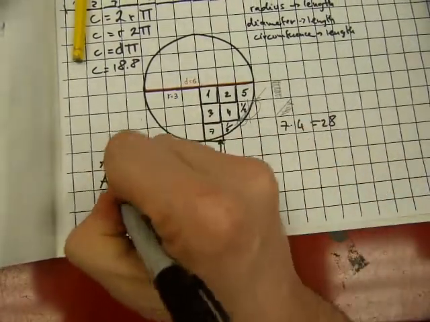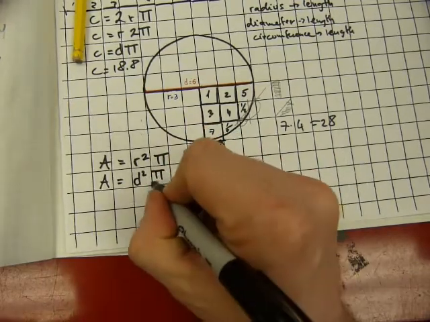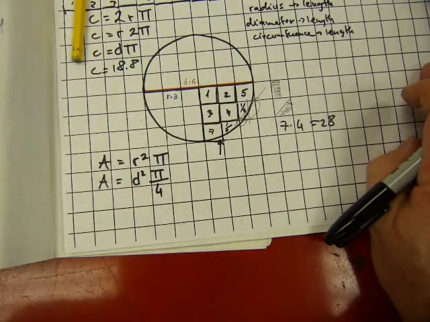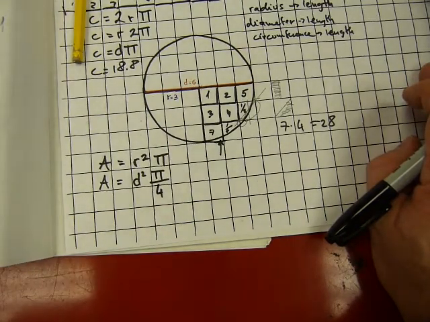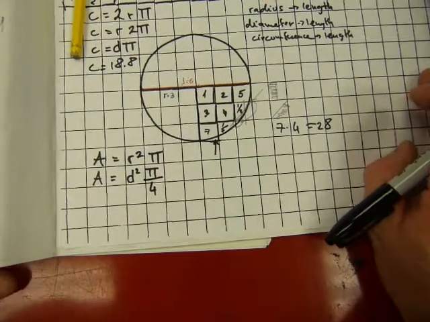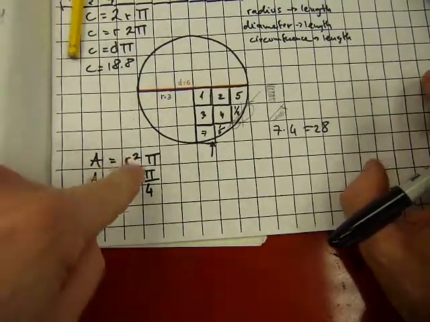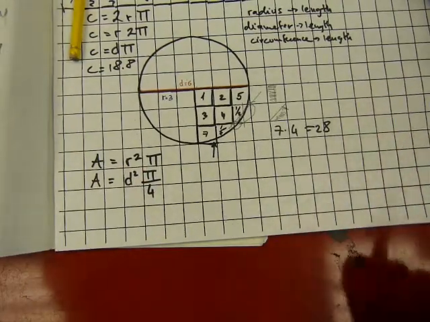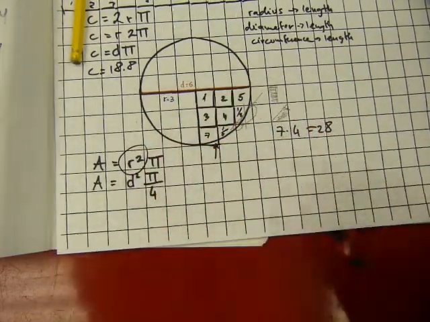If you want to use the other kind of formula that has diameter in it, you can go diameter square times pi divided by 4. The square of diameter multiplied with a quarter of pi, or you can divide that one by 4, or whichever way you like writing it up. You can watch another video of mine on it where I explain where this formula comes from and how these two are related. Either which way, what I do want to point out is that this number 2 here is